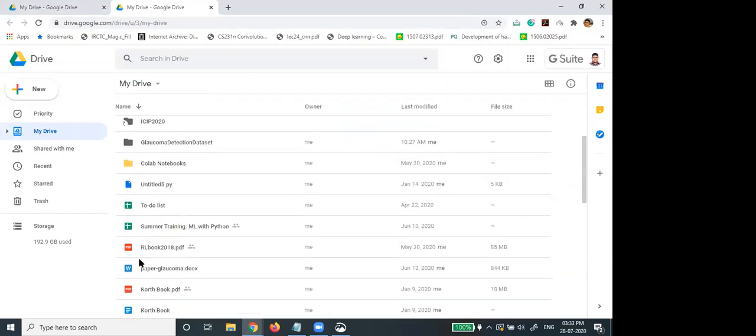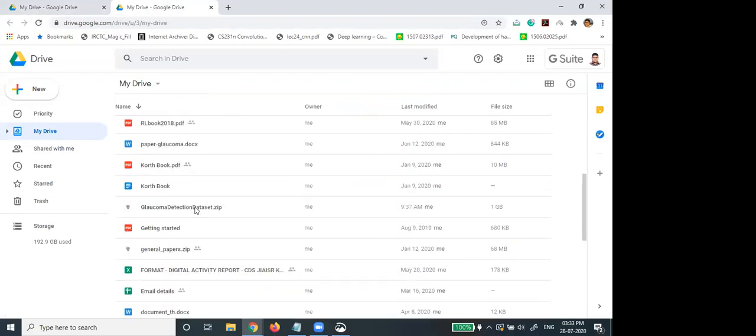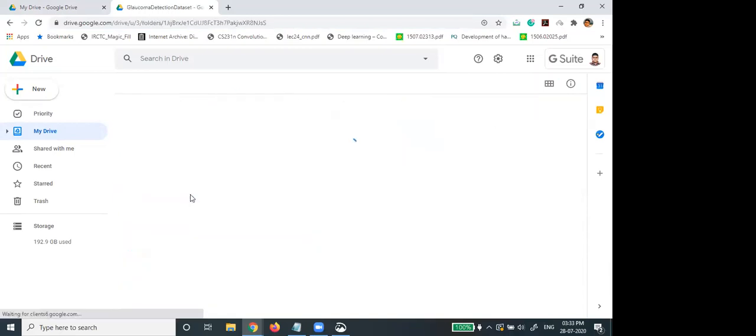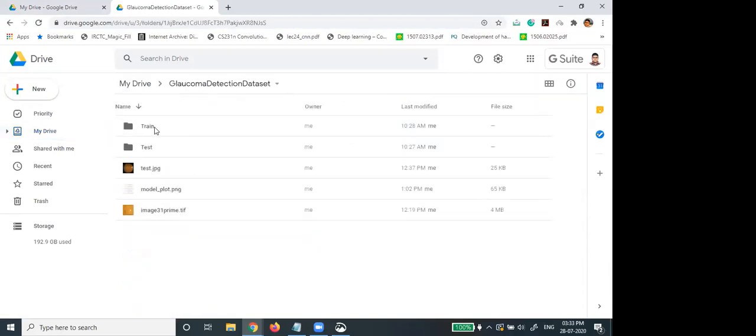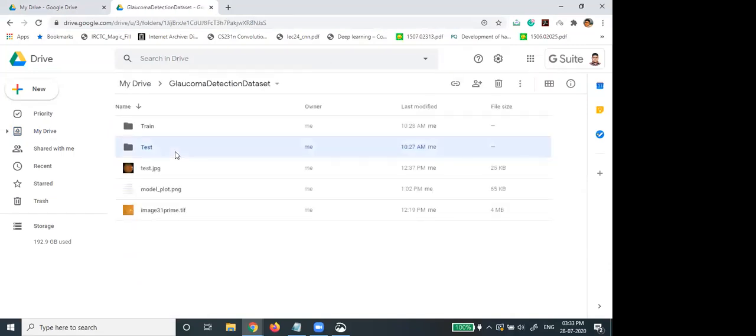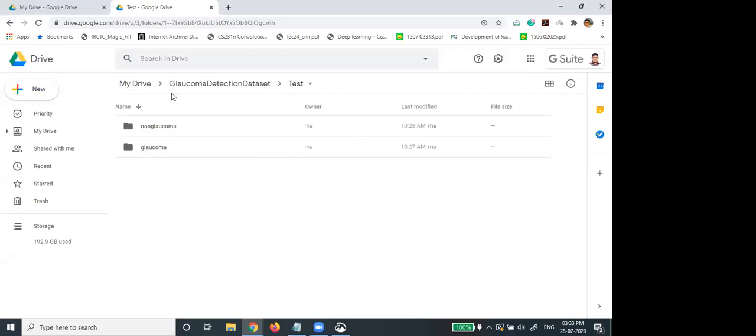The best way is to upload the zip, glaucoma detection dataset.zip, and after that unzip it. In the unzipped folder I have train, and under train I have glaucoma and non-glaucoma. Here also there is test with glaucoma and non-glaucoma.